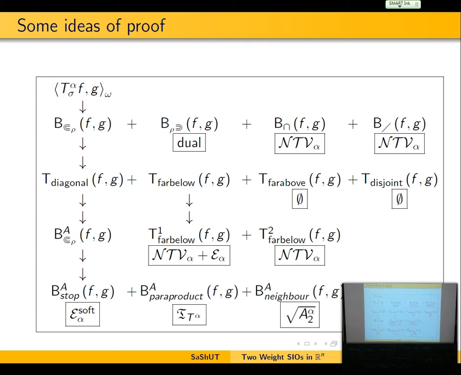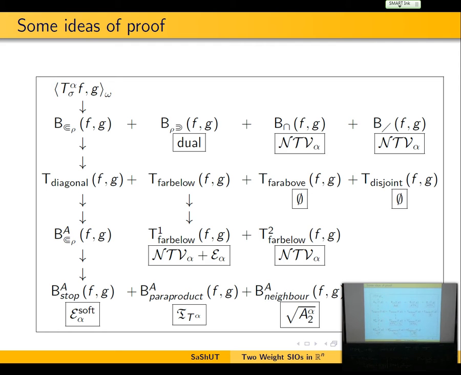If they are close in size, so R close to rho, you can also estimate. That's fine. So then you are left with cases where you have a certain I and a certain J far below, contained in it, or the corresponding dual. So this is I contained in J, this is the dual. It's treated the same way. So then this guy, you further decompose. So now you have to run two